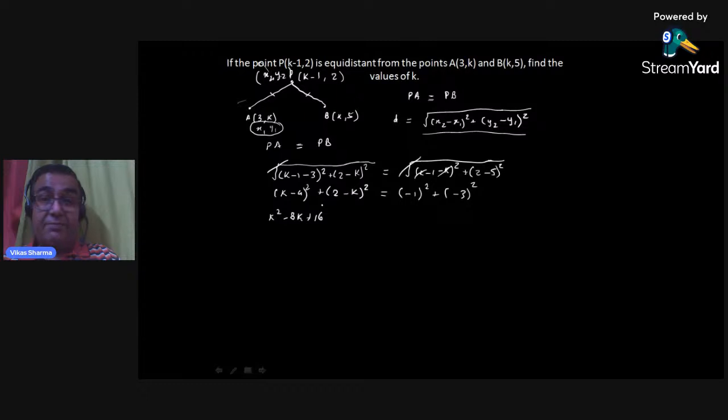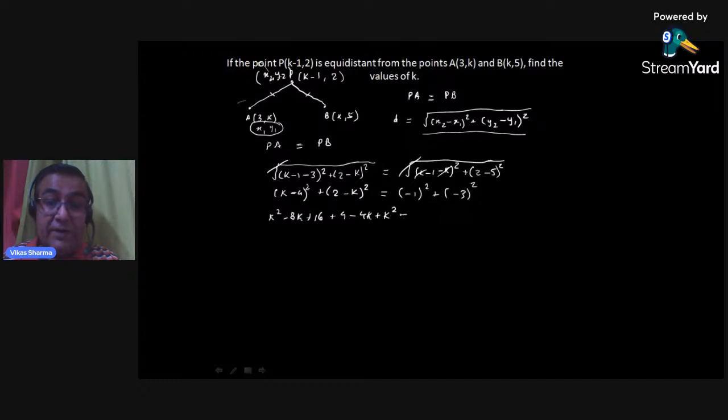They forget the 2ab totally. So do not make that mistake. The 2ab will always come. In case this is a minus, it will be a minus 2ab. In case this is a plus, it will be a plus 2ab. And in this case, 2 minus k whole square would then be equal to plus 4 minus 4k plus k